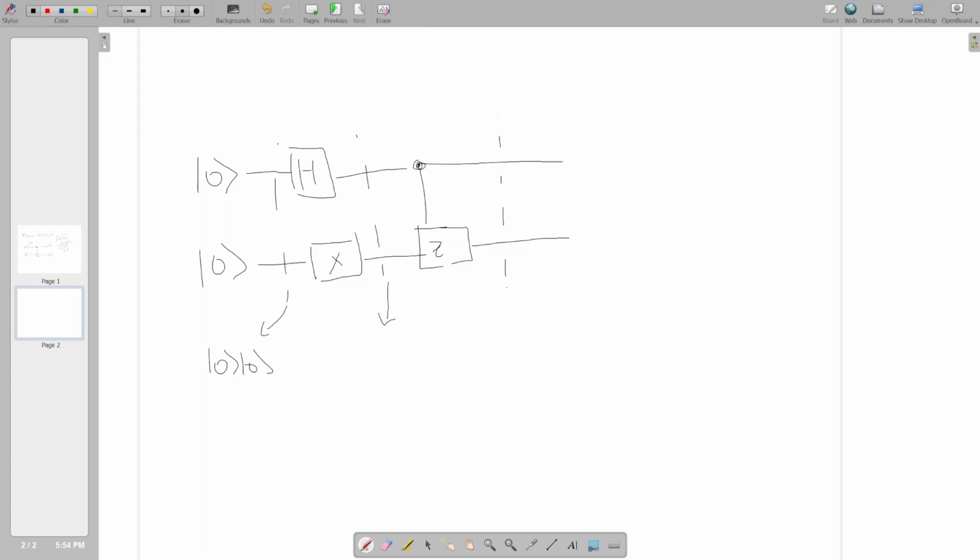All right, now let's look right here. We put the first one into a superposition. I'm just going to be dropping all the normalization factors. It's irrelevant for this example, because it's all the same. So we put it into our superposition here, and we have flipped this qubit right here. So now this can also be written as 0, 1, plus 1, 1. This is a factorable state, so it's not entangled.